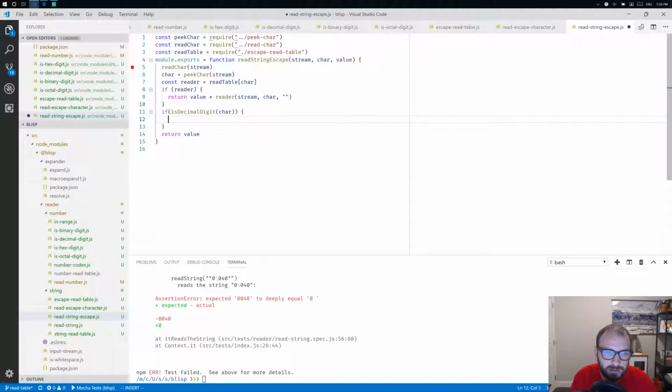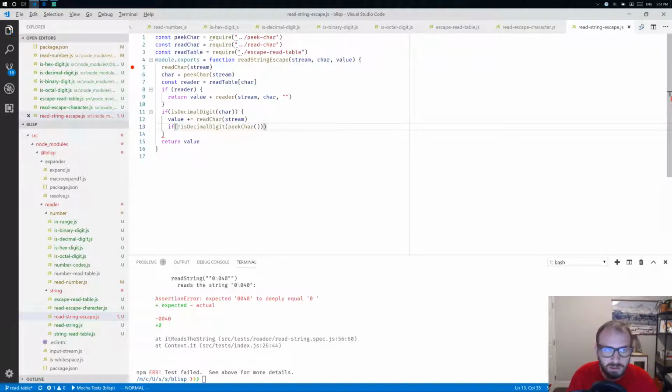Then we will want to basically read three decimal digits. So value plus equals read char stream. And I'm just going to do this inline here. We can refactor later. All right, so if is decimal digit. Actually, let's do this. If not,